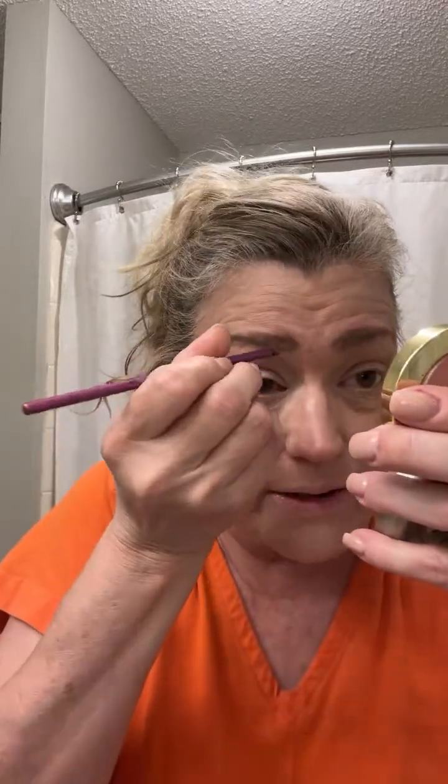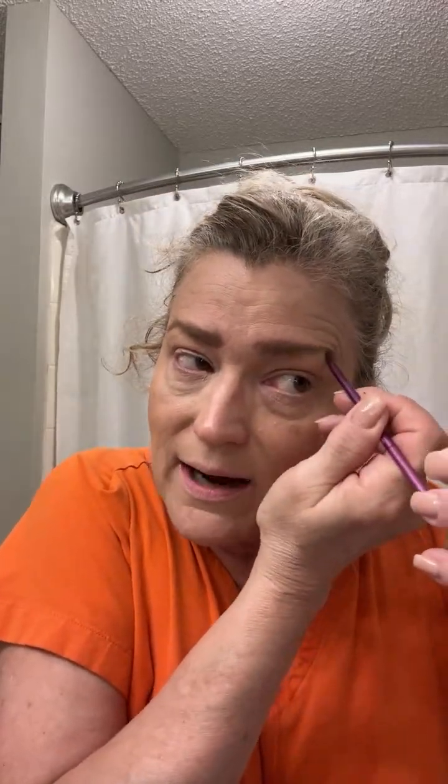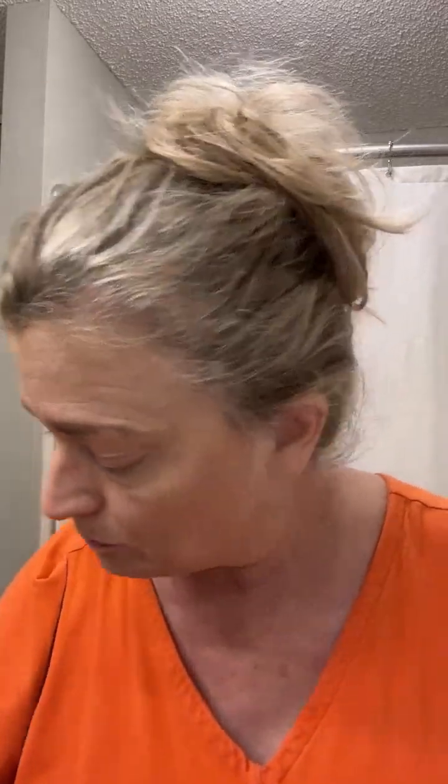So during that time, I have no idea if these are on straight. And I will tell you, they look a little dark. But once I get the rest of my makeup on, and my glasses, because I have to wear frames, they blend right in. And my daughter actually told me, you know, Mom, if you have no eyebrows, it's actually going to age you more than if you do have eyebrows. And I realized she was right. I didn't used to pay any attention to that, but she was right. It does take years off if you give yourself a little eyebrow. Okay, so